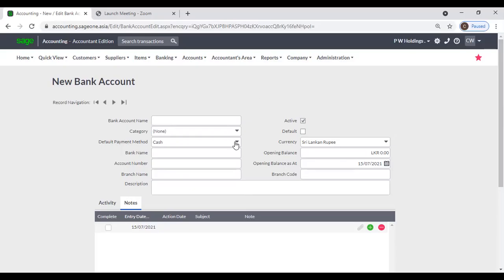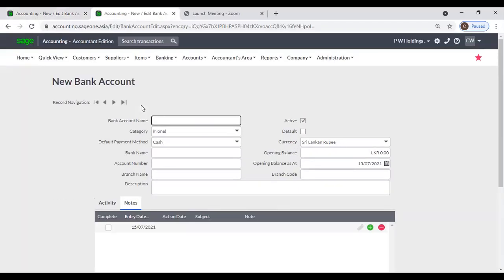Next, default payment method. There are 4 methods: cash, check, credit card and EFT. EFT is electronic fund transfer. Now if you select any default payment method here, when you are entering any transaction, any bank transactions,